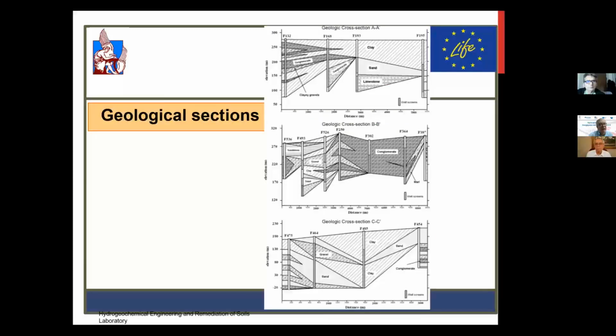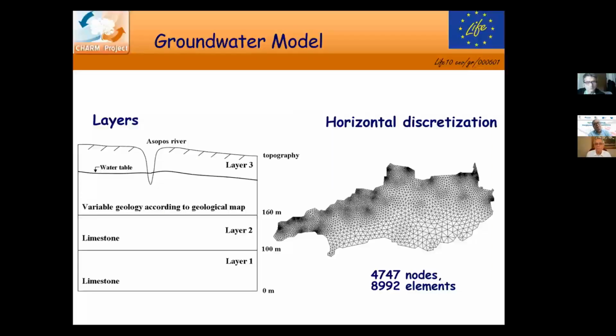We did several geological sections in order to be able to describe the geology. And the conceptual model that we finalized was a 3-layer model, with an upper layer depending on different geological formations, and then below that, a layer of limestone and another layer of limestone. Actually, we created the model with